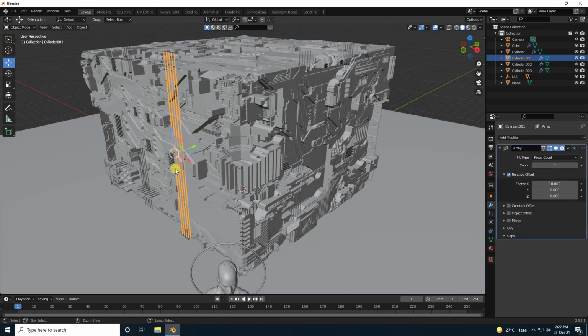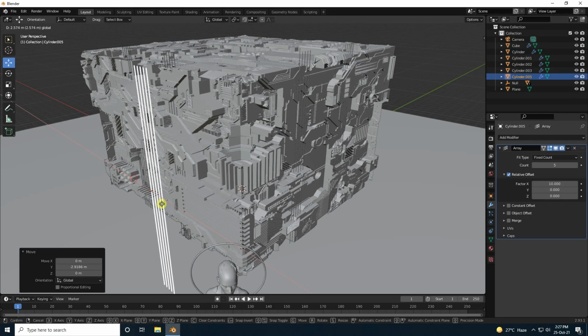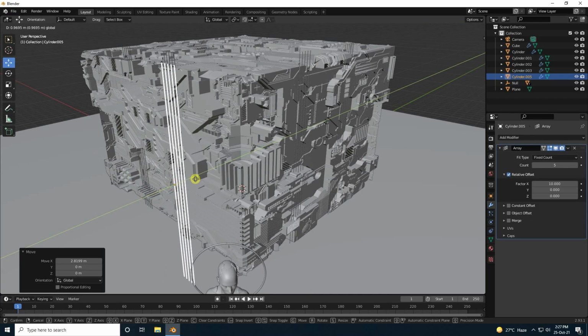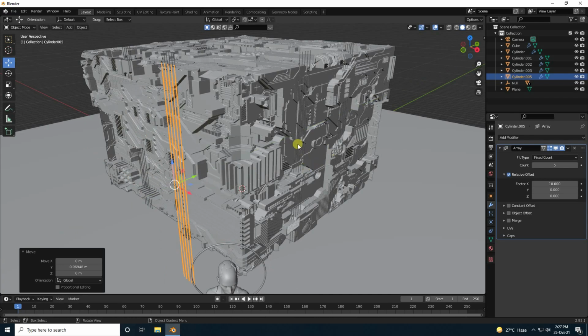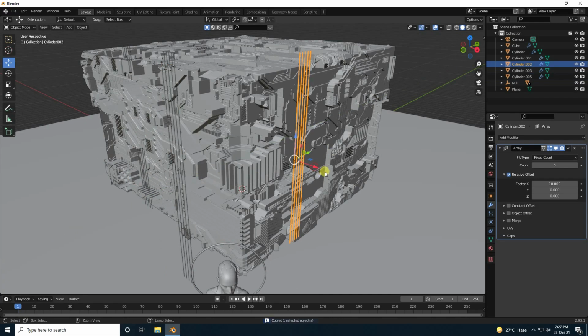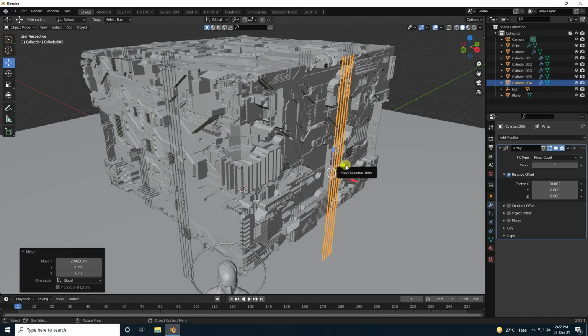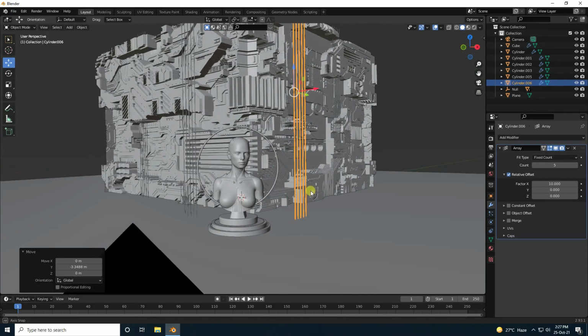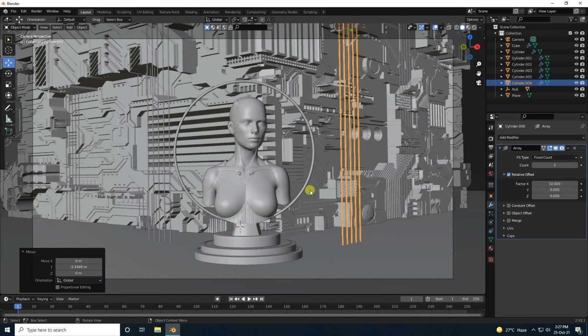Okay, so now guys, this time I apply one more cylinder. So select this cylinder and duplicate. So go to on here, front side, select your cylinder, this one, and go to here like this. Yes, and guys, select this one, front side. So go on here. Yeah, see guys, it's really good, right?